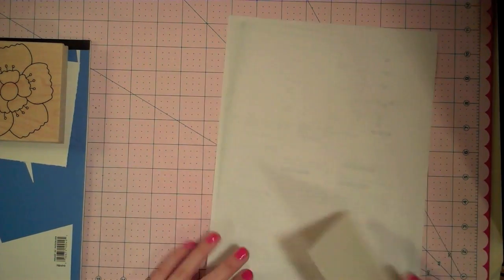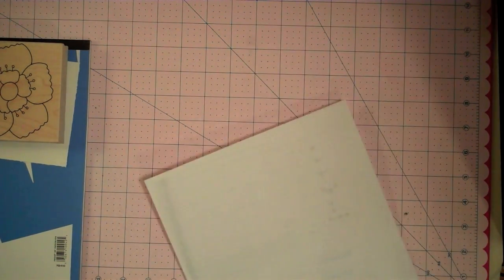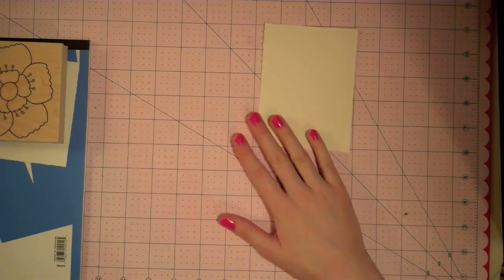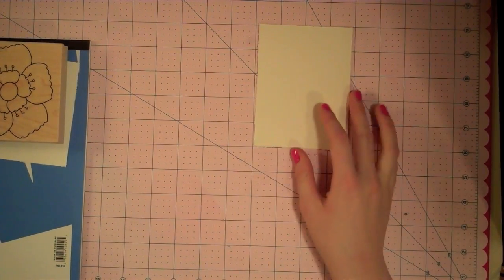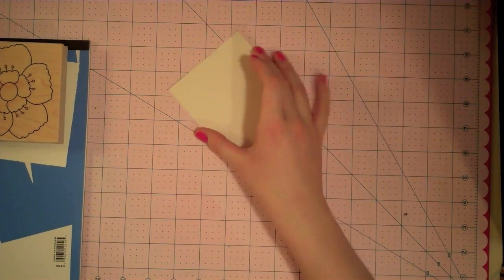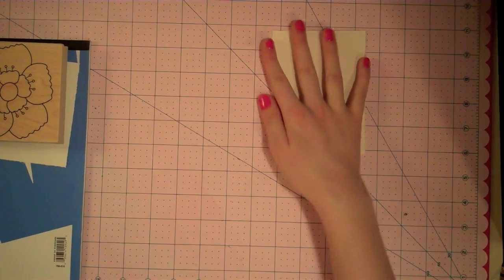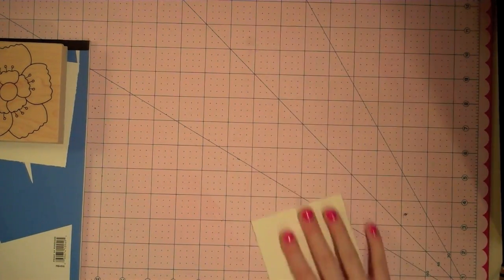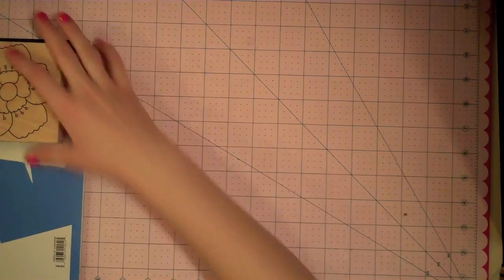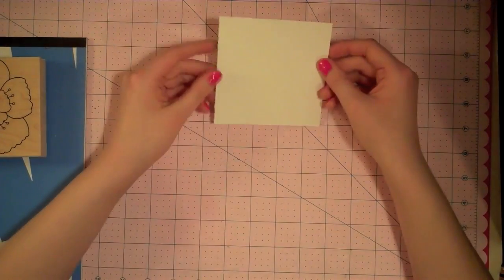So what we're going to do, I have a regular size piece of paper cut out to the typical 3 3/4 by 5 inches to go on the front of the card. That's what I've been doing for every piece of cardstock in this series. And that will be our blending piece. And then I also have a piece of 4.25 by